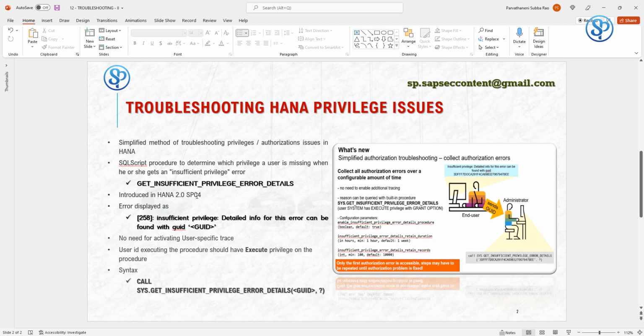But with Support Pack 4, SAP introduced a procedure, GET_INSUFFICIENT_PRIVILEGE_ERROR_DETAILS, to simplify troubleshooting and analyzing authorization and privilege issues. HANA 2.0 Support Pack 4 is when this procedure was introduced. Now, if your system is on Support Pack 4 or above, when somebody is lacking privileges